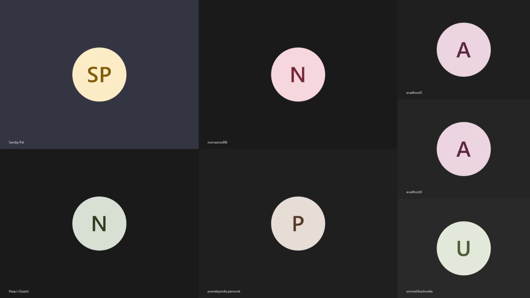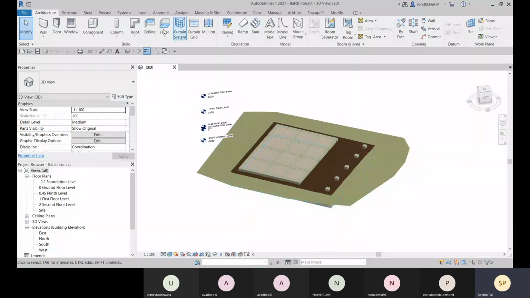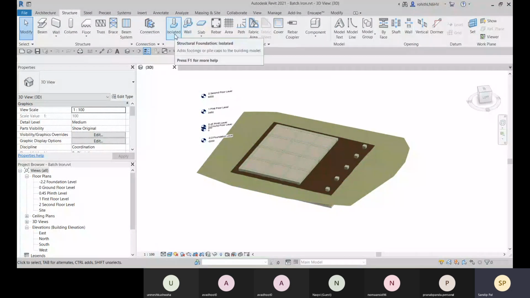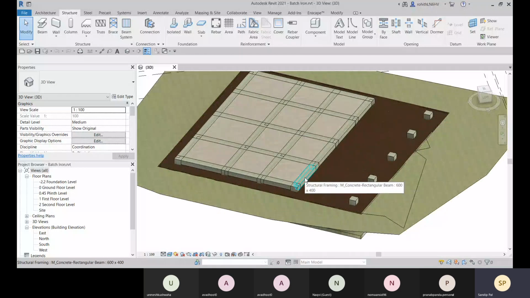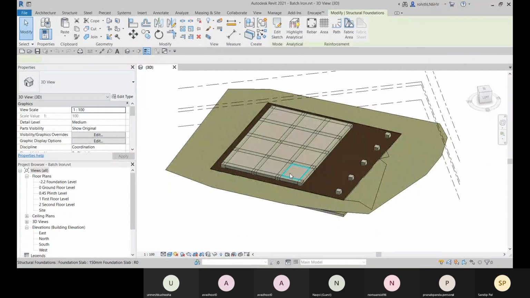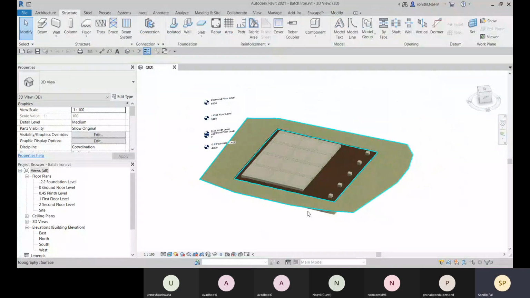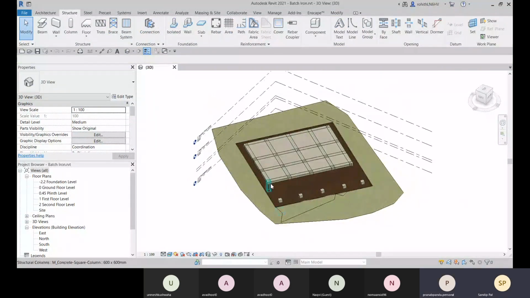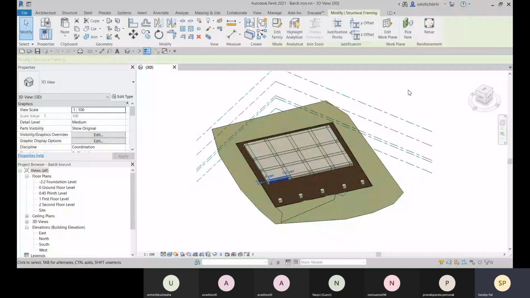In the last class, you learned how to place the foundations, the isolated footing, and how to place columns. I haven't shown you how to place the beams, right? And the slab also not shown, right? Yes, sir. Okay, so now let me